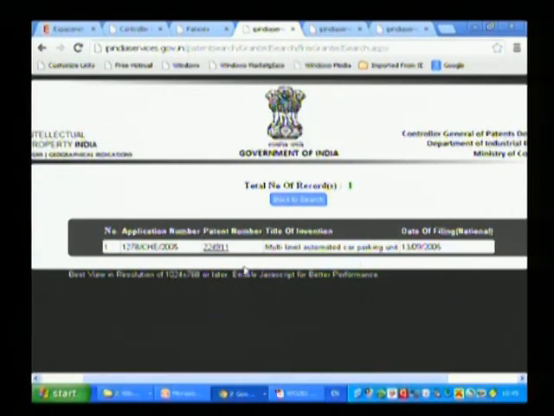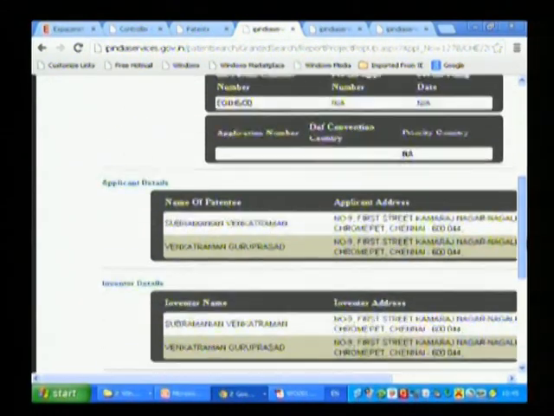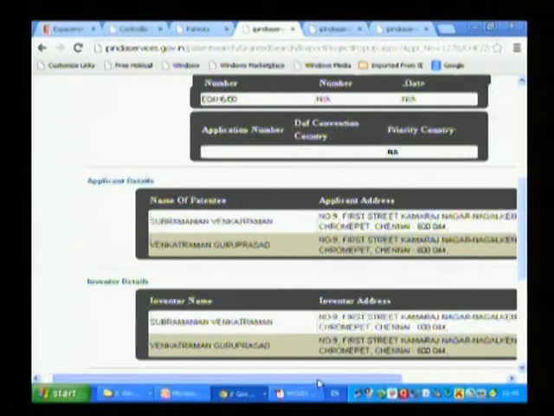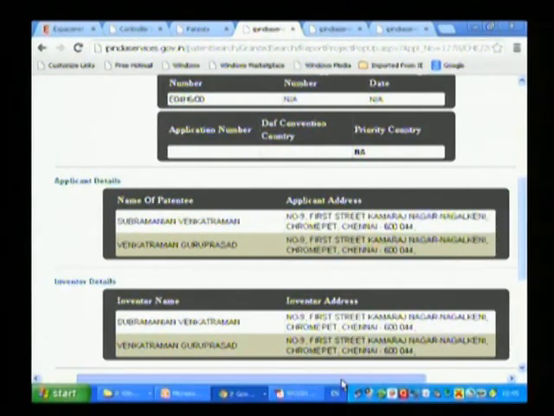multi-level automated car parking. I just click on the patent number and I will get the details. So Mr. Subramaniam Venkatraman and Venkatraman Guru Prasad. These are like son and father, both individuals have